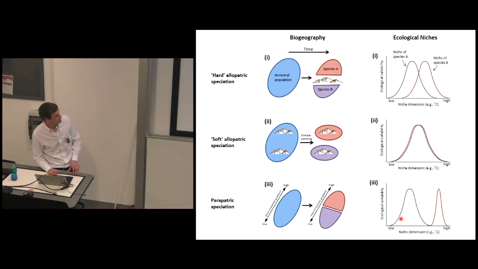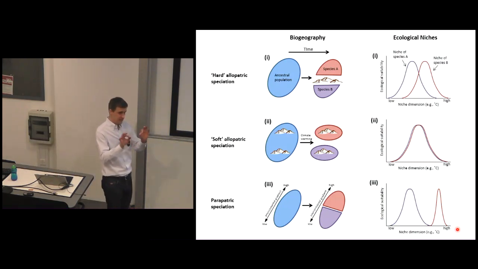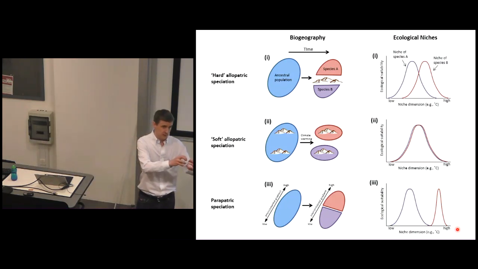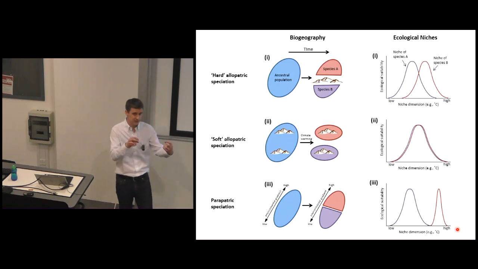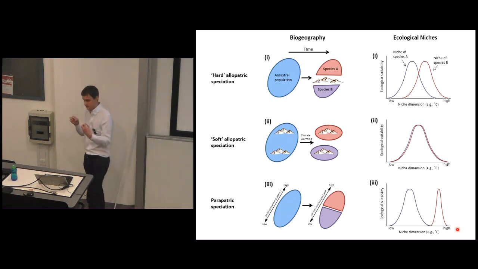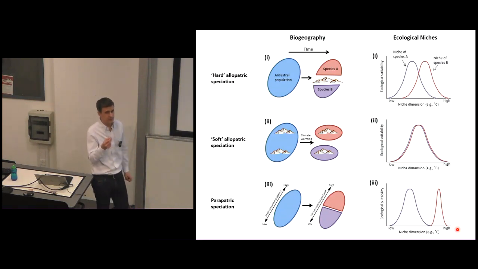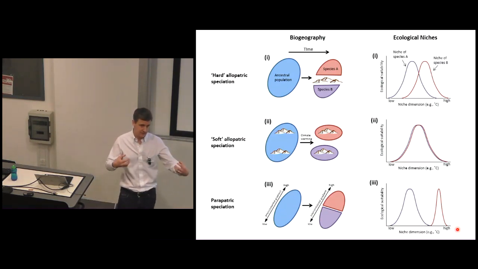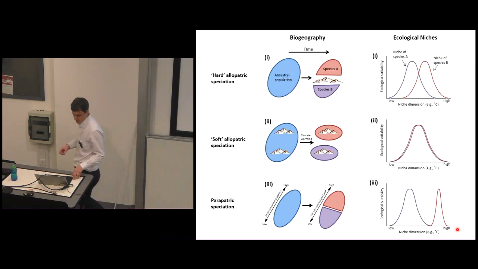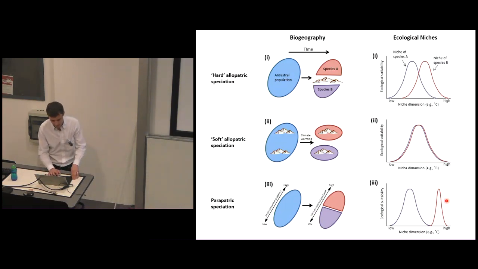With parapatric speciation, each of these curves, I hope you can see the color, would be for each of these sister pairs. The whole idea underlying parapatric speciation is that we would expect to see species diverging to occupy particular distinct ecological niches. That underlies the mechanism. So that's a signal that we would expect to see. We refer to it as phylogenetic niche divergence. We expect the niches to distinguish between sister pairs.